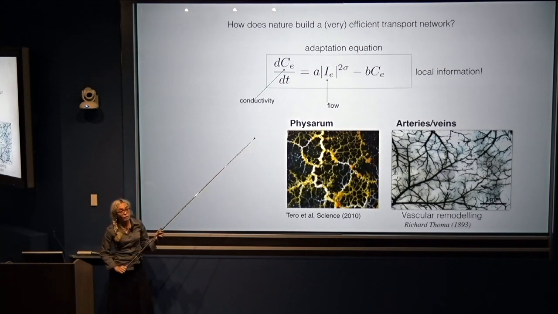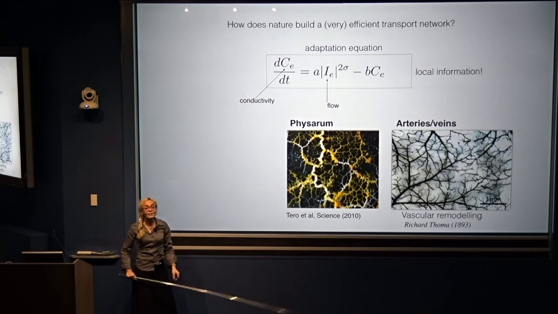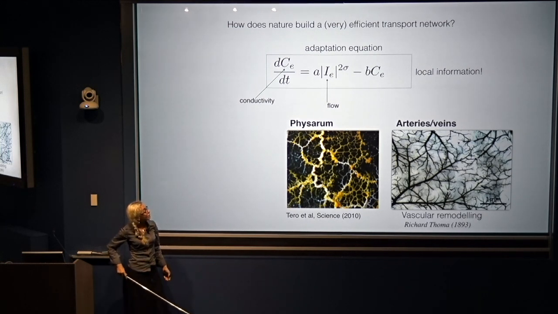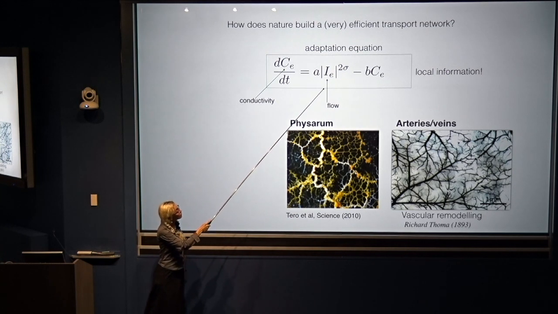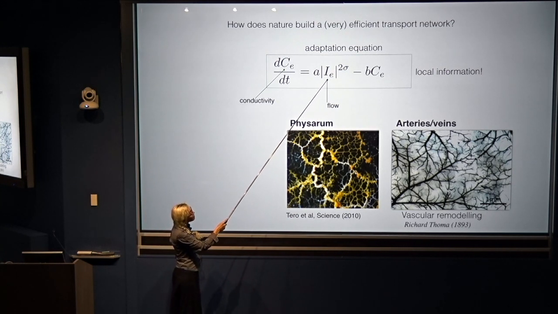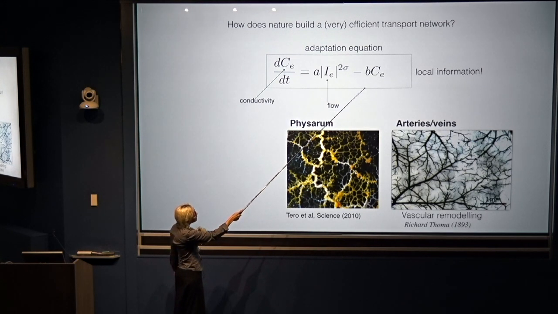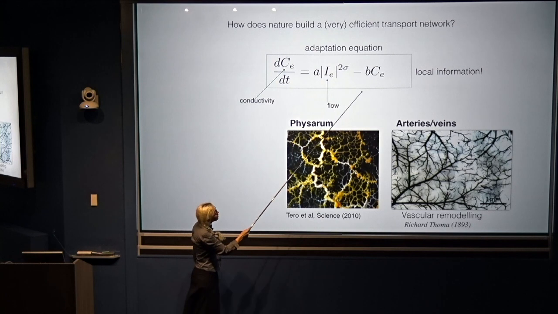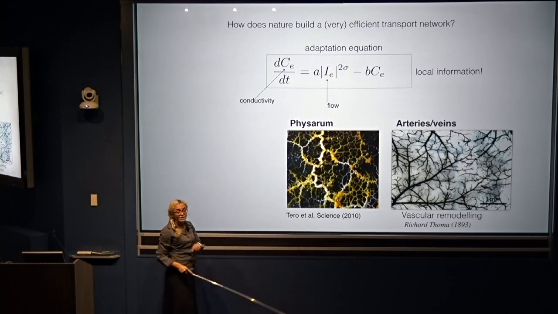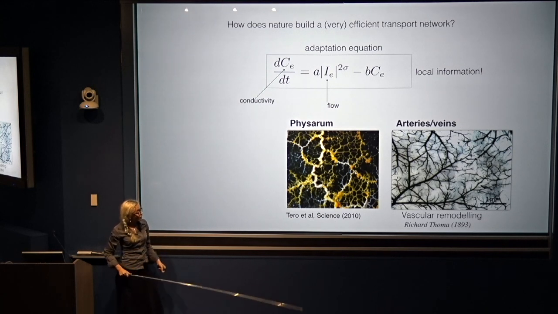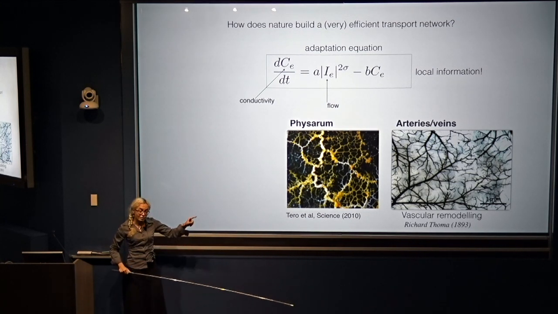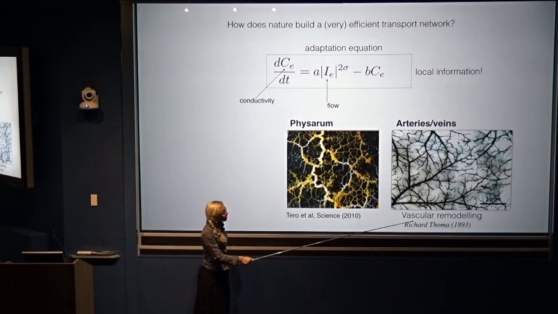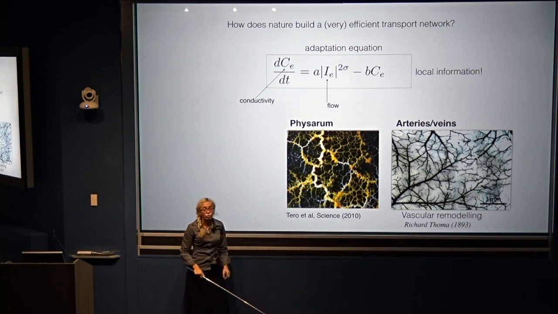And a way to write down the equation that describes how blood vessels widen with flow is this. So we have C, which is the conductivity of a vessel, and the rate of change of that conductivity is a positive function of the flow. But then in the absence of flow, that vessel will exponentially decay. And you notice this equation is a local information equation. Each vessel only needs to know what it's doing itself. And this equation was popularized in this paper for Physarum, which we saw earlier. But also it applies to vascular remodeling,